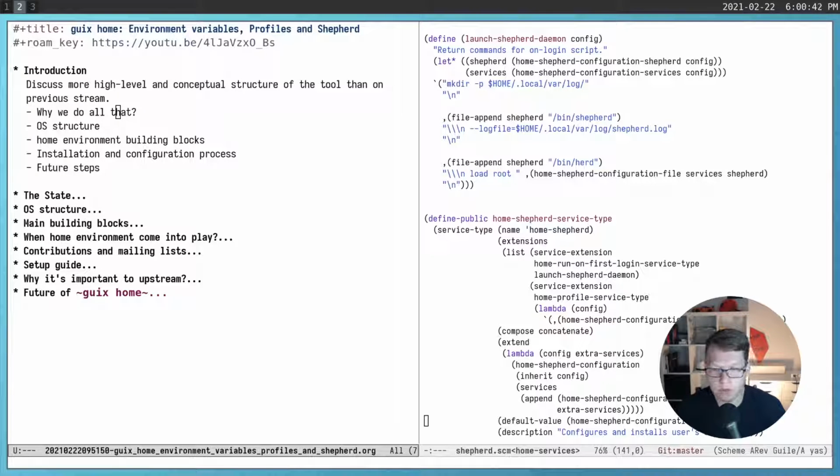First of all, for people who are not very familiar with the topic, we will discuss what and why we do. The second point of discussion will be operating system structure and how Geeks Home can take place in it. And after that, we continue with home environment building blocks. It's something that will help you to understand the main